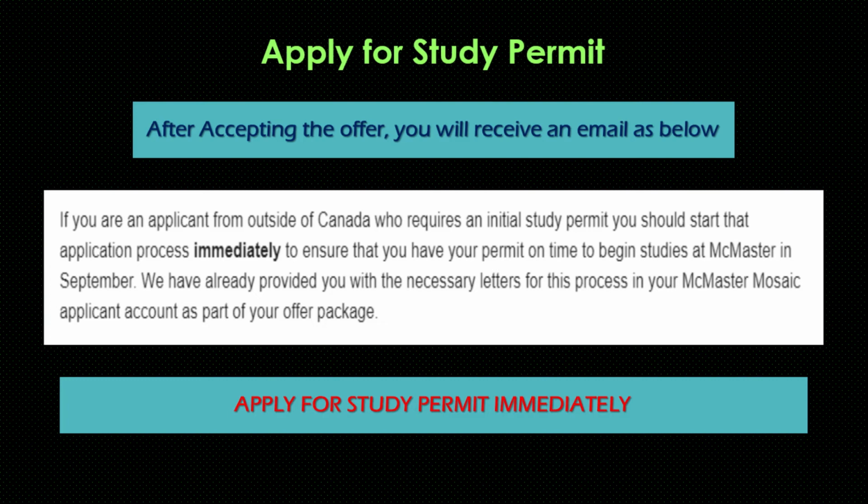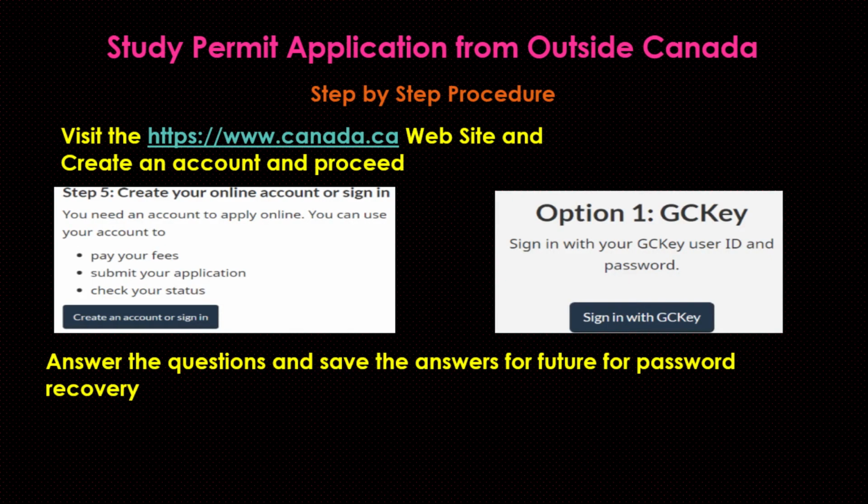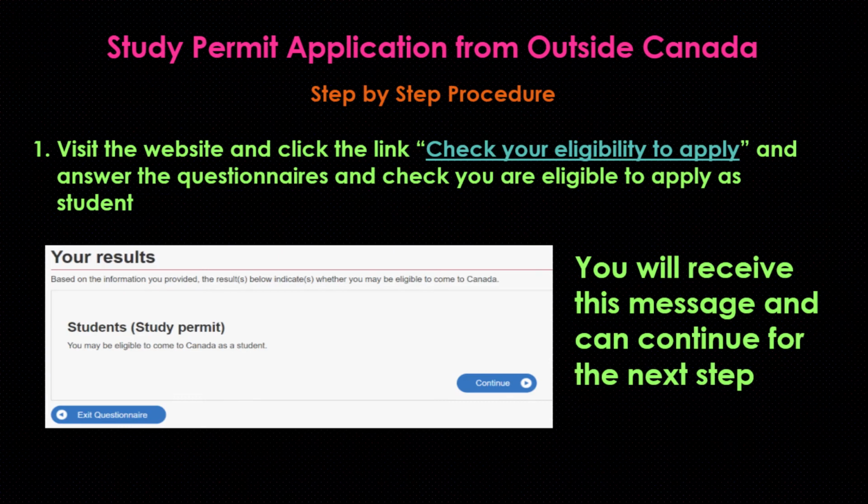So you need to apply for the study permit through the Immigration Canada website, that is www.canada.ca. First thing you have to do is create an account and log in. Save the answers for future login. Next is to check your eligibility to apply as a student. For this, go to the website, click the check your eligibility to apply link, and go through the questionnaire section